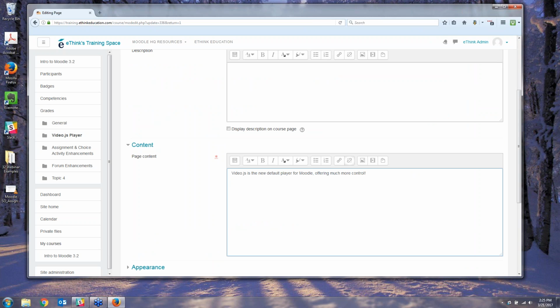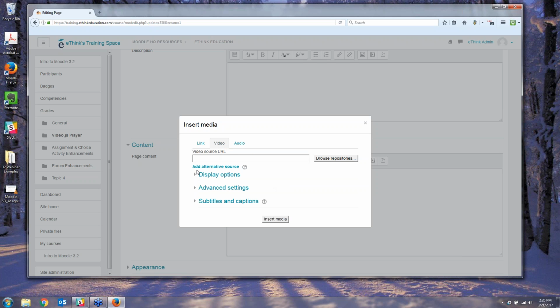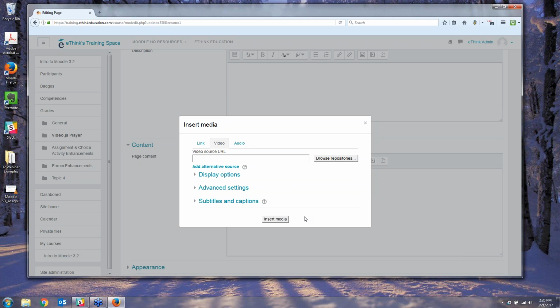So here, in my Atto editor, I'm going to click on the Moodle Media icon. And this can also be used using the link icons as well. But right off the bat, using the Moodle Media button, you can see that you now have 3 different tabs for how you're inserting your media, whether it is a link to a video on YouTube or a video that you actually have to upload from your computer or an audio file. So I'm going to demonstrate using a video file today,